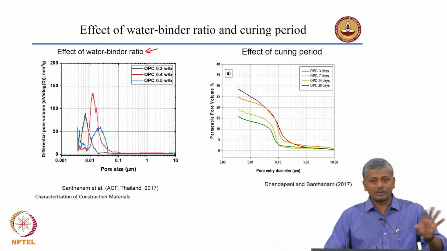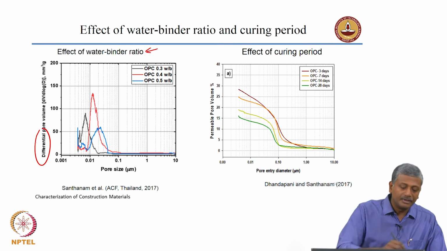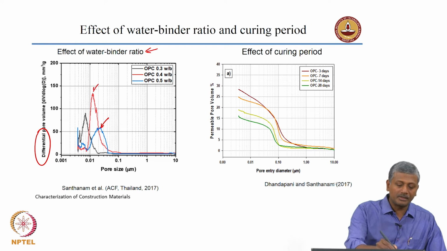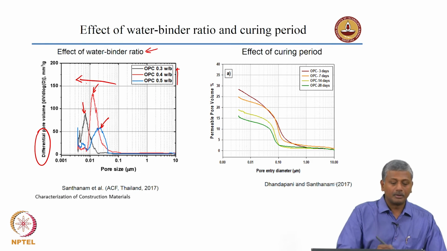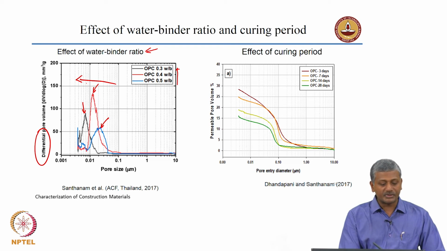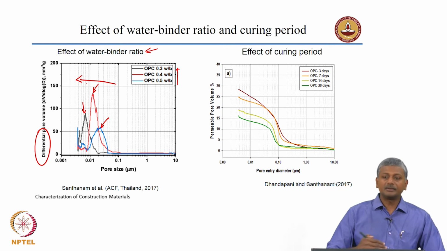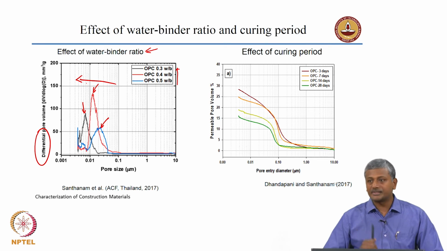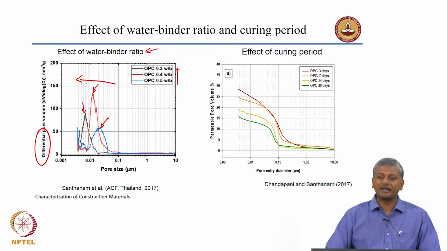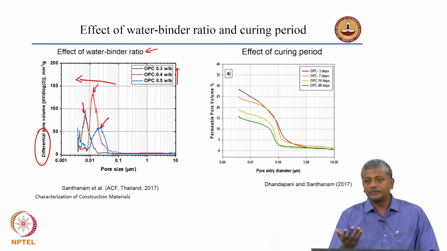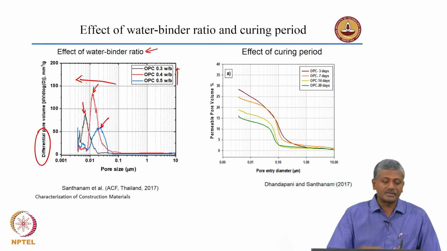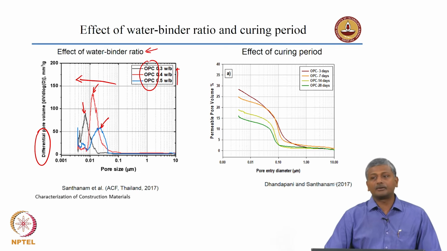So, what is not plotted here is the overall porosity, but what is plotted is a differential graph. So, you get the critical size, and you can clearly see that as the water binder ratio reduces, the most likely pore size also significantly reduces. That is something which we expect again, because we know that to produce a more impermeable concrete, you need to reduce the water cement ratio. Of course, this is only in systems which have plain ordinary Portland cement.